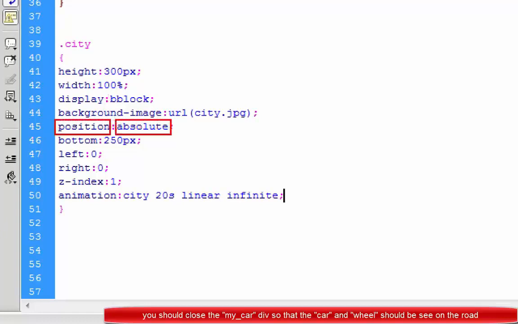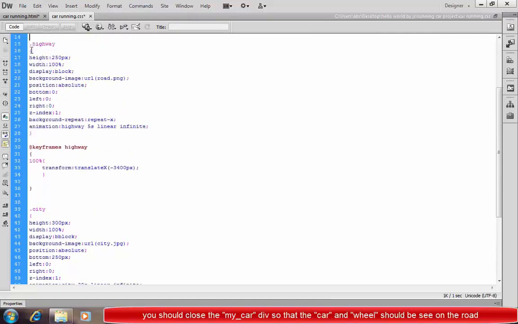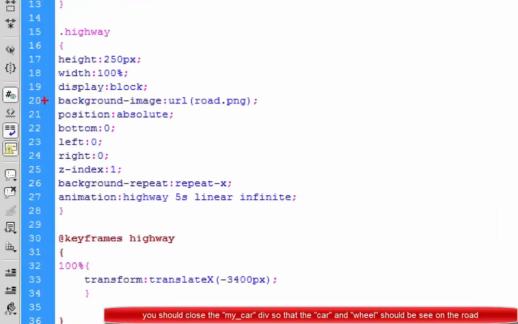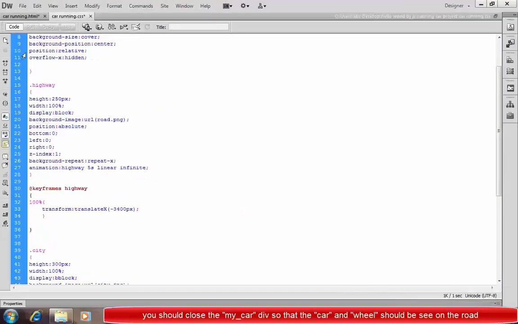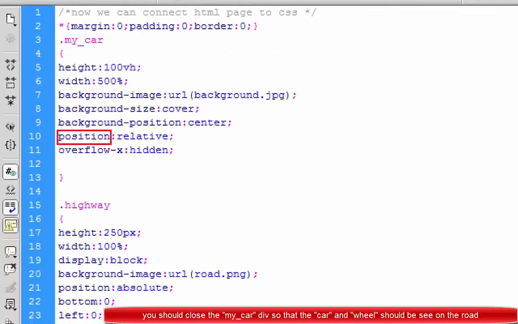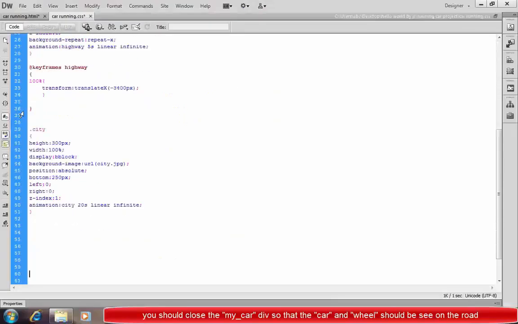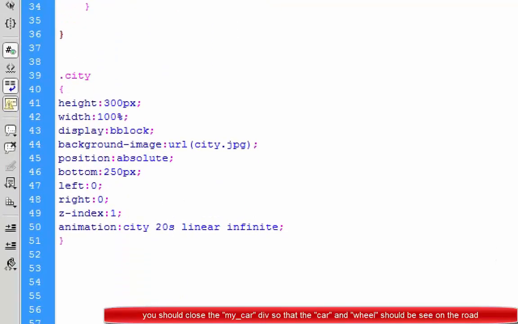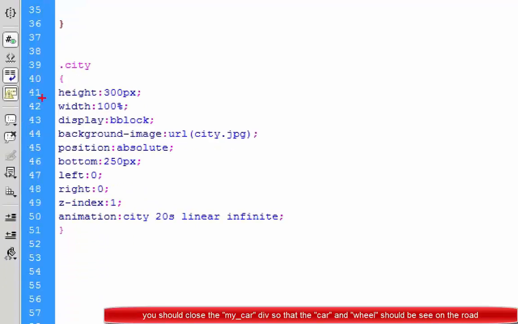Position is absolute, and here you can see that the position is absolute, which means it can adjust with the relative image here. But in our background image we see that the background position is relative, which means it can adjust with the gap, and this absolute position is synchronized with the relative position. And this is the height of the city, this is the width of the city. Display is block here, which means it can totally cover. This B is not required, you can just remove it.